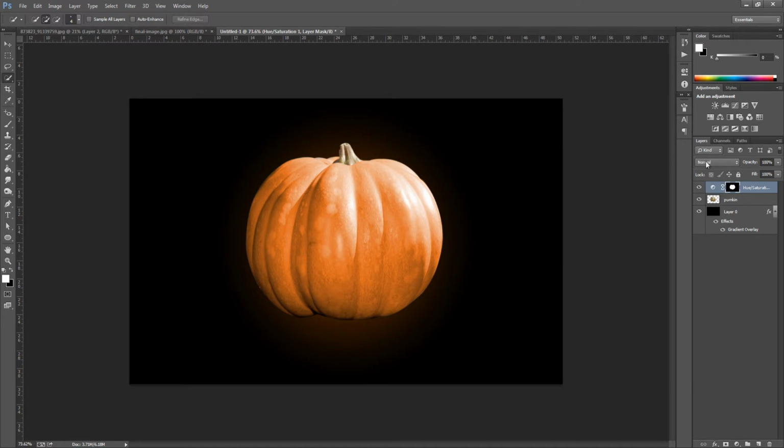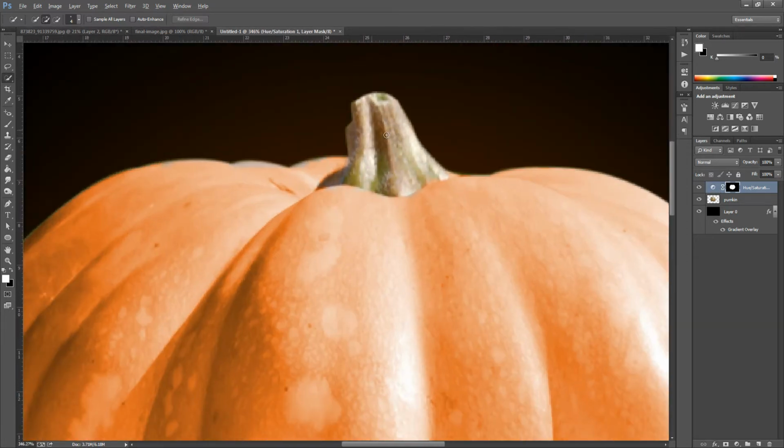Now the next thing that we need to do is go and select the top bit. I'm going to go and select the top bit now. Now as I said, you can use the pen tool if you need to. I might use the pen tool, just to quickly show you, because sometimes the quick selection is not always that great for this. So I'm just going to quickly go around, just around about there,